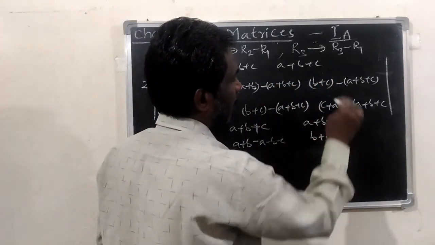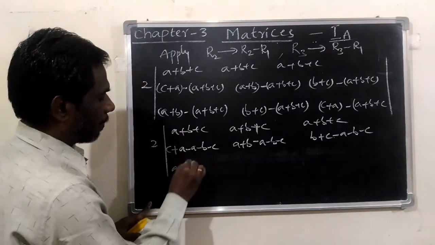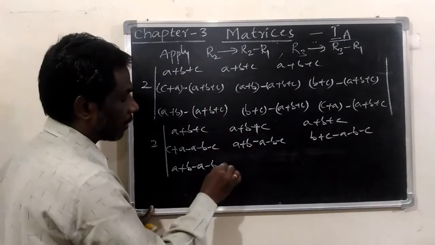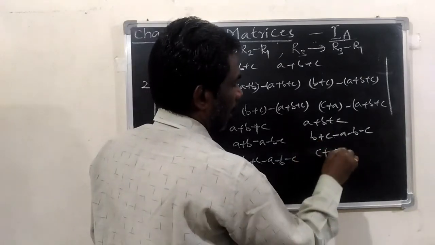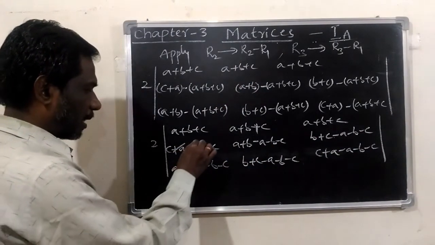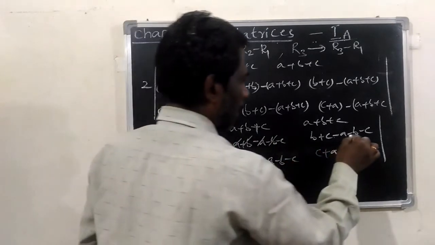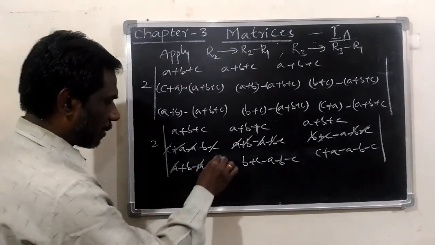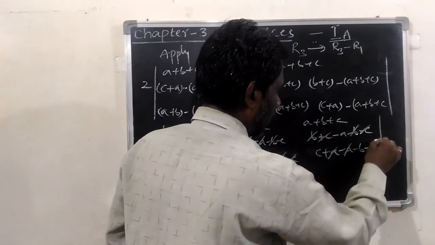And this is also the same, B plus C minus A minus B minus C. Now the R3, A plus B, now open this bracket with minus A, and minus into plus minus B, and minus into plus minus C. And this is now B plus C minus A minus B minus C. And write this C plus C as it is minus A minus B minus C. Now here we can cancel plus A and minus A, plus C minus C, minus A plus A, minus B plus B, plus B minus B, plus C minus C, minus A plus A, minus B plus B, minus B plus B, minus C plus C, minus A plus A, minus C plus C.